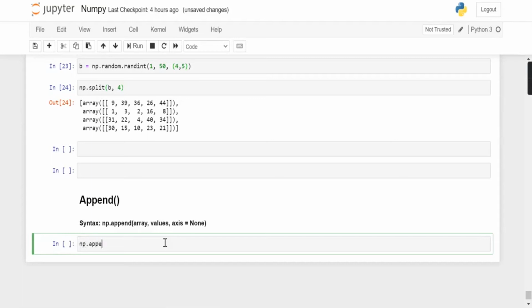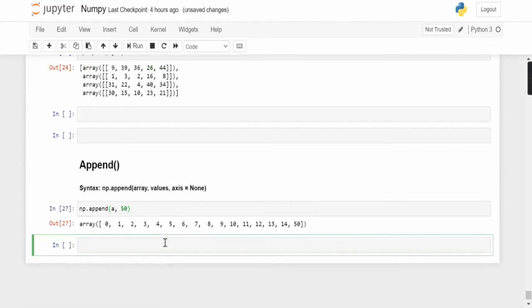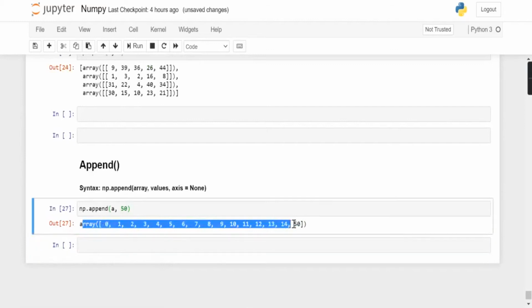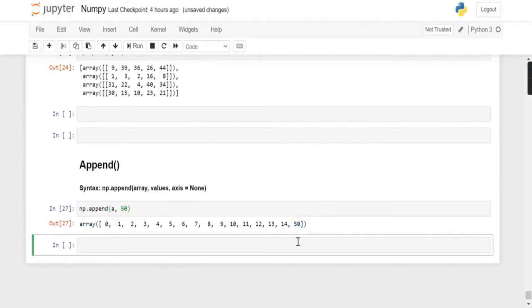So np.append array A, and I want to add 50, and axis for a 1D array is none, and we got our result. Here it is array A, and we have added the element 50 at the end.